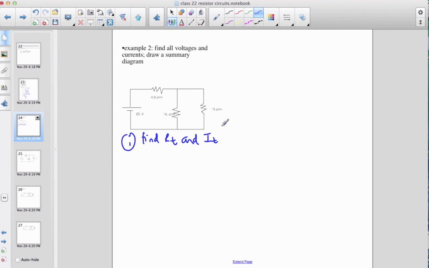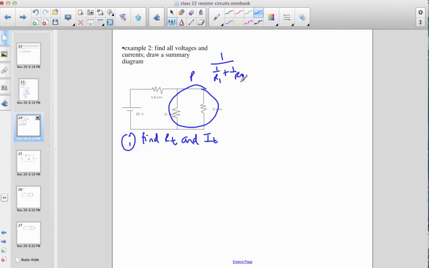So we look at the circuit. Are there any resistors in series? No, because of the junction at the top. But we do have resistors in parallel. Yes, the 10 and the 15 are connected at the top and bottom with nothing else in between. They're in parallel. So we can reduce those to an equivalent